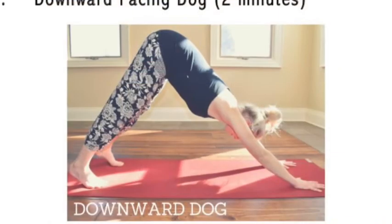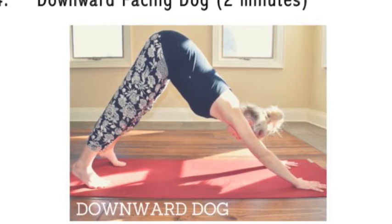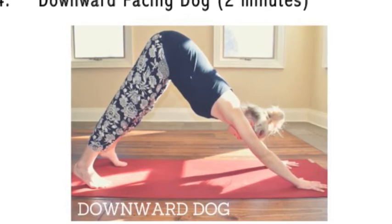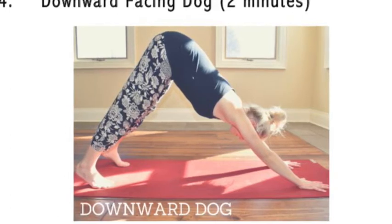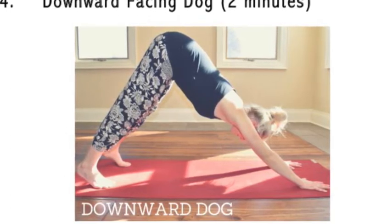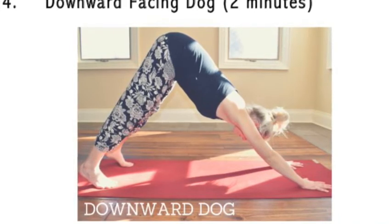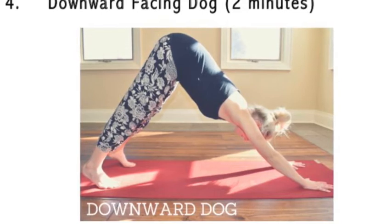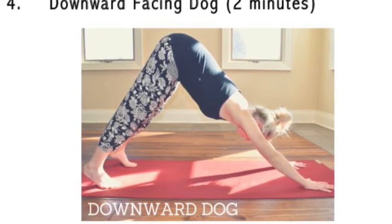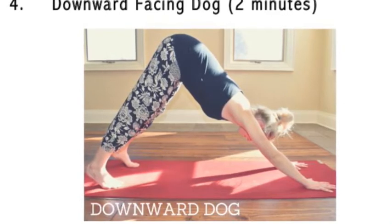Great. Now we're going to talk about the downward facing dog. This pose strengthens your arms and legs and stretches the calves, shoulders, arches of the feet, and hamstrings. You're going to do this one starting from all fours, hands and knees. Tuck your toes under and lift your hips and knees up, moving your bottom towards the back of the room